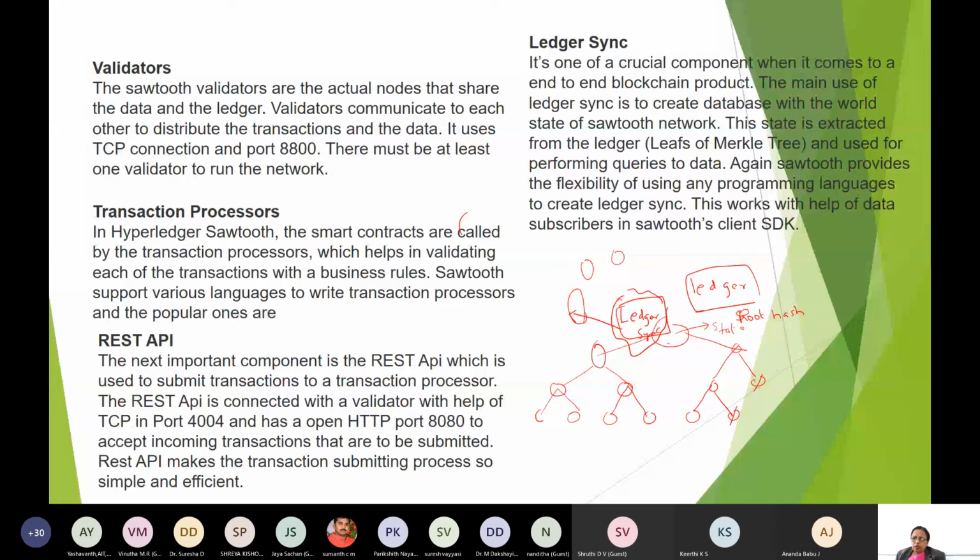Okay, so you want to query the data. These are known as the leaf nodes. These leaf nodes are the transactions, okay? And these transactions will be encoded and kept here.